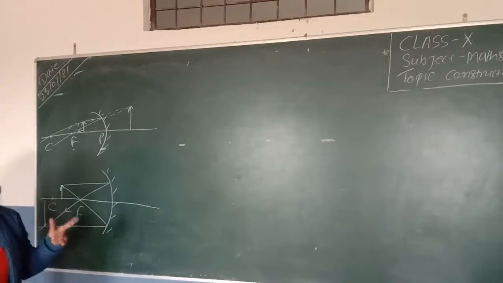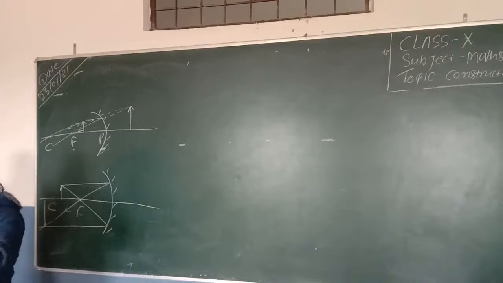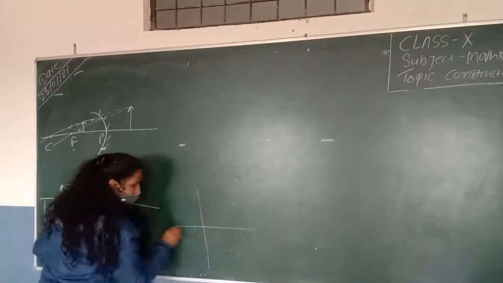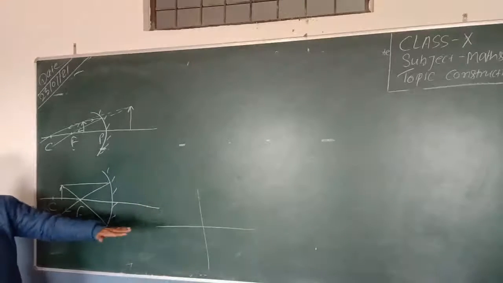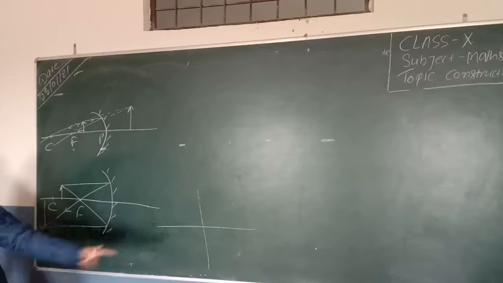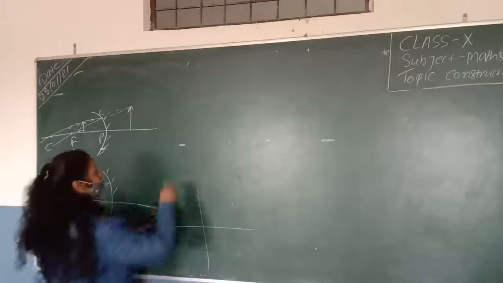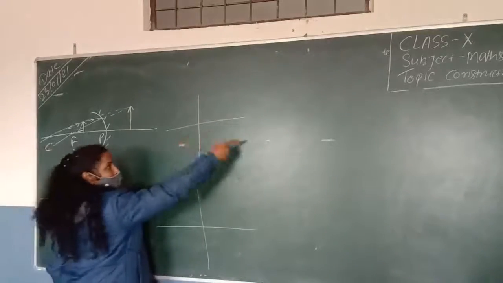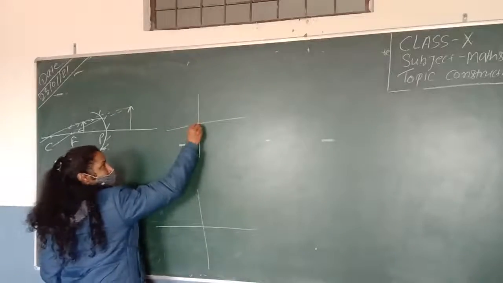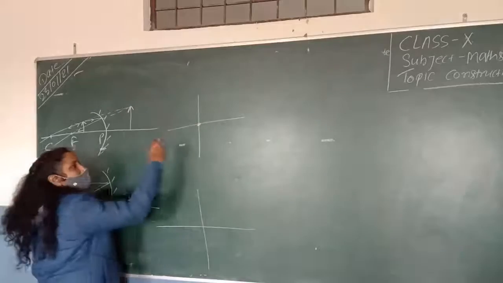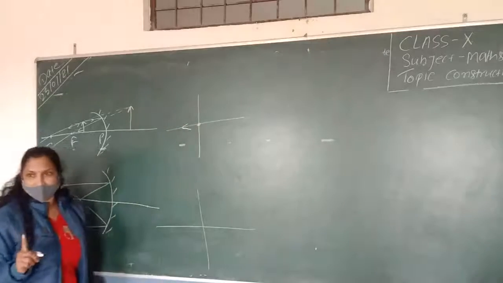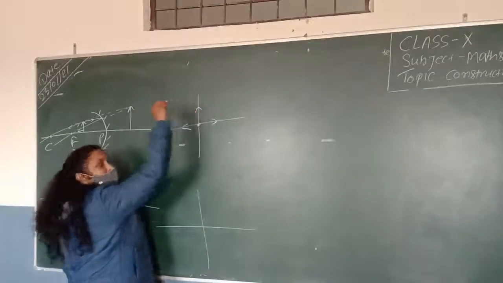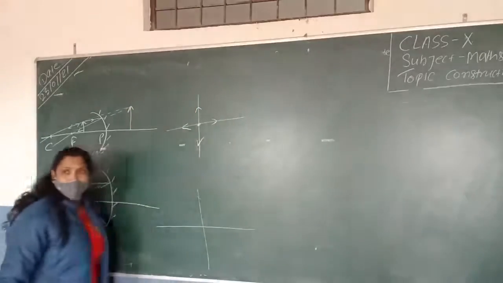So, u is the distance of the object from the mirror. And just like you use the sign in the Cartesian plane, this is the Cartesian plane, x-axis and y-axis. I think you are not able to see it, right? Visible? Okay. So, this is the x-axis and this is the y-axis. We know that this is the origin. If you measure the distance towards this side, it is always negative, right? And towards this side, it is always positive. And in the upward direction positive, and in the downward direction negative.